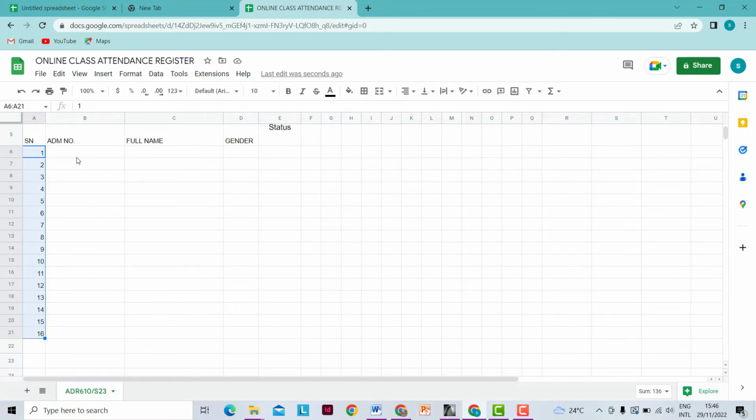And then of course we will fill in the admission number either from a previous Excel sheet, or we can type the admission number directly. Maybe we can say this is admission ADR 610 stroke 001. We can change a bit. We call this S23 to denote the year of the class reported,